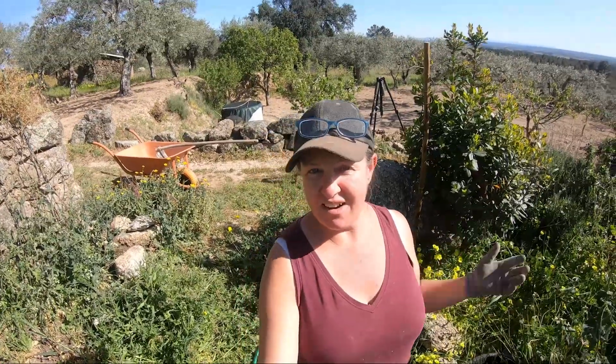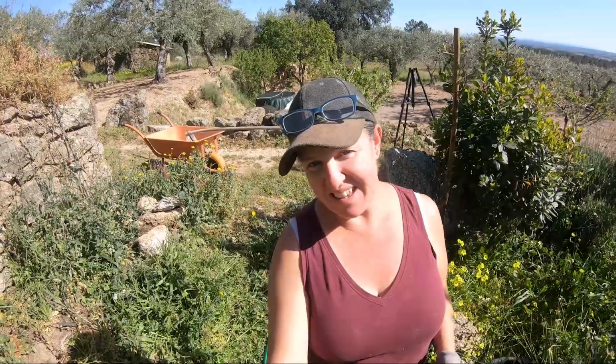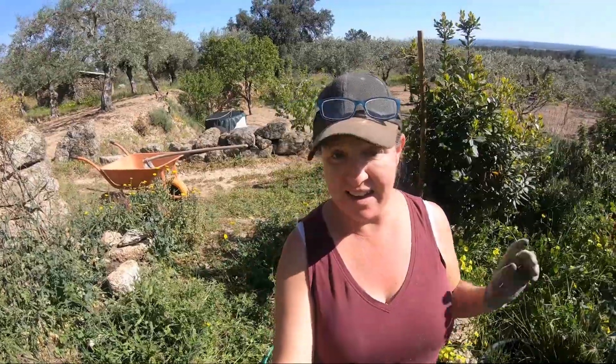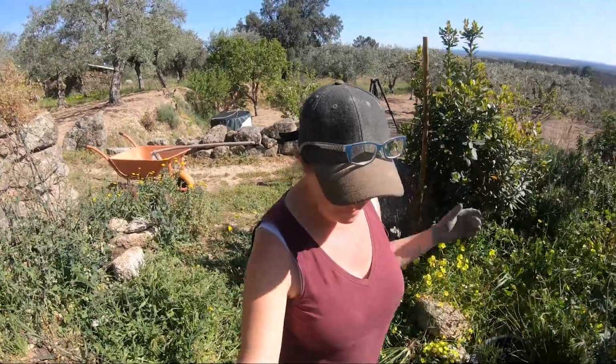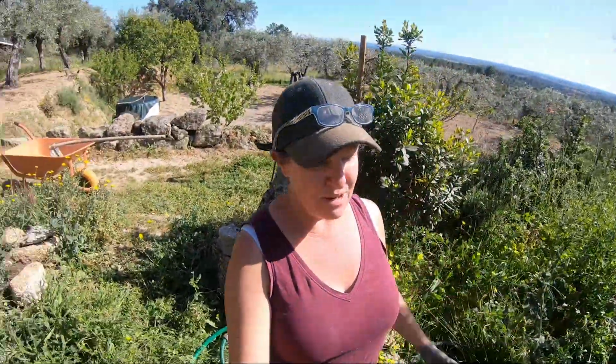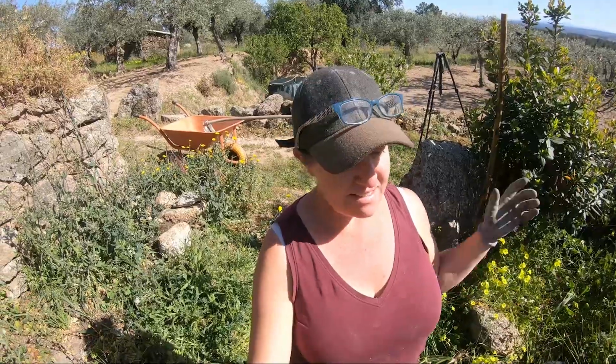Most of the weekend we have planned is social activities, but there should be a little bit of time on the land, and this is the one job I would love to get done, and I need an extra set of hands to do that. So I would really like to clean out this patch in preparation for the lime tree. But before I mess around with any of this stuff out here by the entrance, I'm gonna go check on